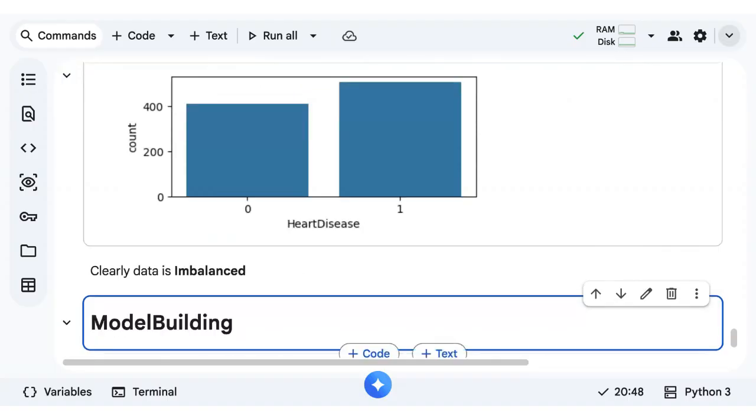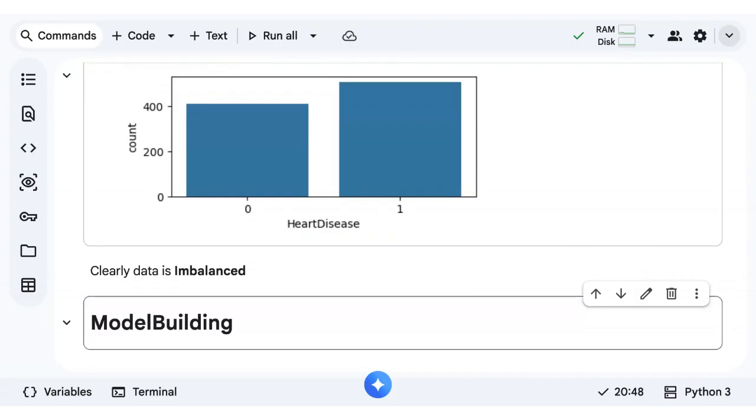Usually, what happens when data is imbalanced? Simple, okay? Let's say if I spend more time teaching Python and less time teaching machine learning, what will happen? You'll become good at Python because I spent a lot of time explaining that. If I teach machine learning in less time, obviously you get limited information related to that. Same happens here.